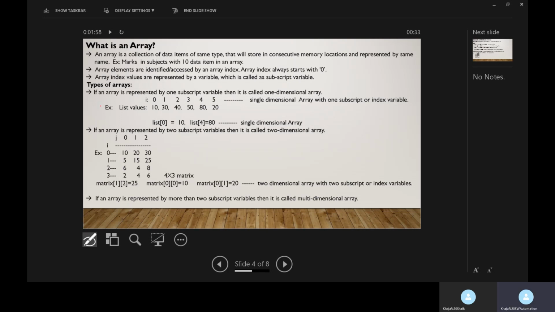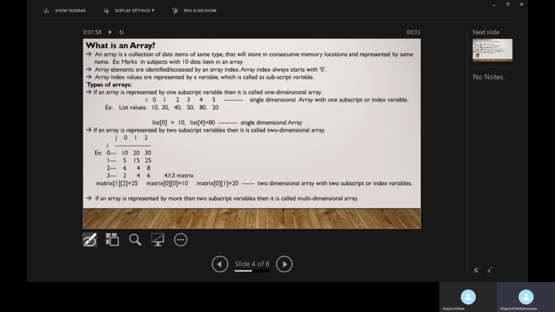Array elements are identified or accessed by an array index. Array index always starts with 0. Array index values are represented by a variable called a subscript variable.